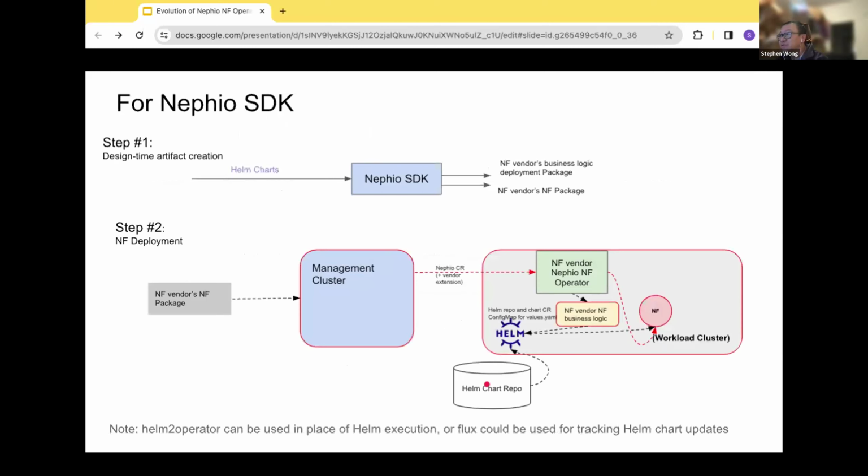And for this, one suggestion on the SDK front is we execute the SDK, let's say using Helm charts, because Helm is the most common thing for all the network function vendors that I know of.